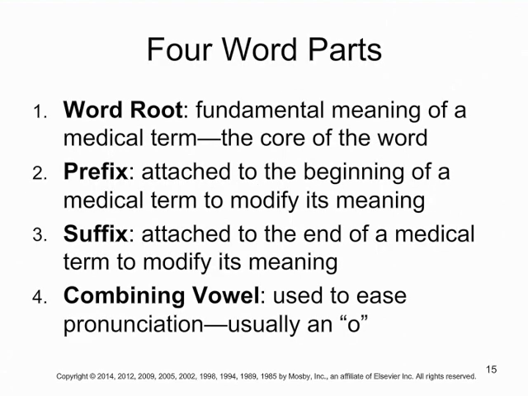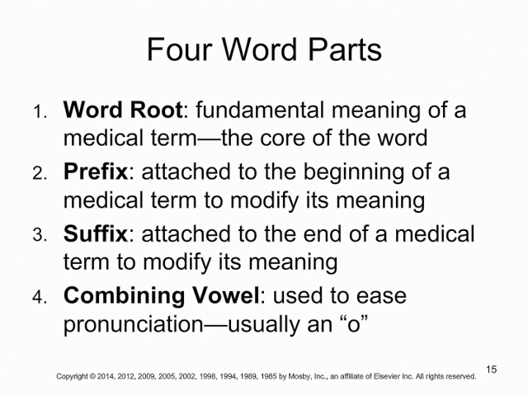This is one of those very important slides to pay attention to because it's going to reflect how word parts are used for the entire rest of the book. The first type of word part we're going to incorporate is a word root. Some of you have heard it as a root word. They both mean the same thing. But it's basically the core or backbone of the word. We can then add prefixes and suffixes onto these words to change the meaning. So prefixes go at the front, suffixes go at the back, but the idea is they just slightly change what